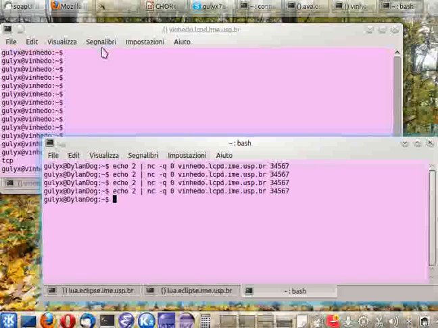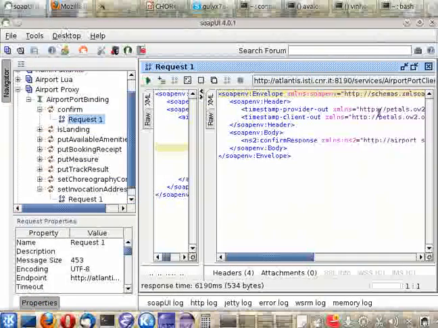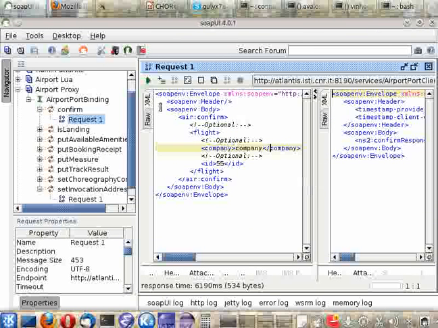Now the machine is going to be overloaded, and now let's go here and simulate again the ATC service sending a request to the airport service. Let's see what happened.